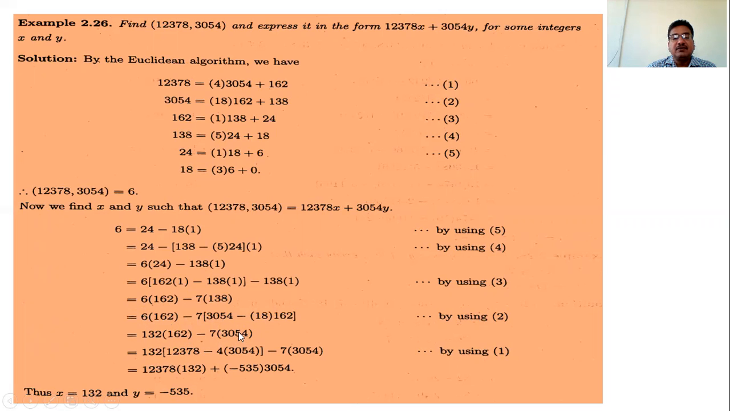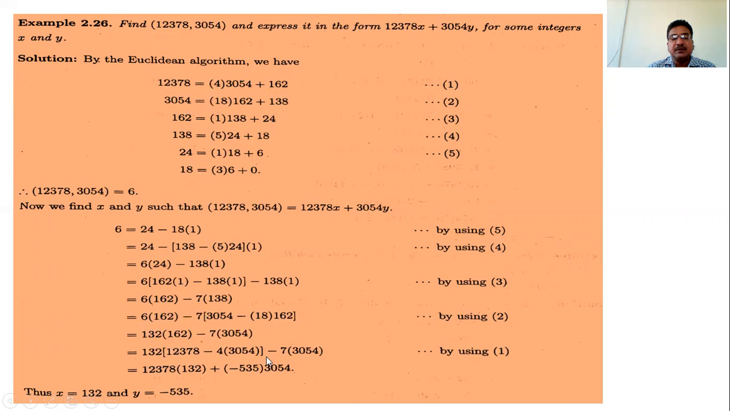So what do we have? 162 into 6, and this plus 162 into 18 into 7. First multiply 18 by 7 and then add 6, then we have the answer 132, so 162 into 132. And then lastly substitute the value of 162, which is 12378 minus 3054 into 4. Okay, and then